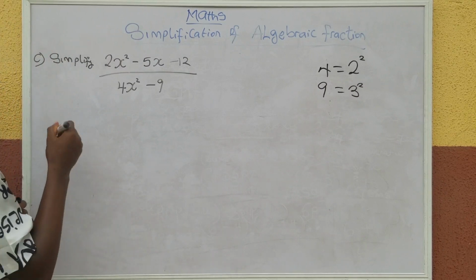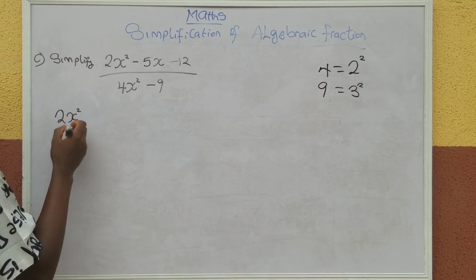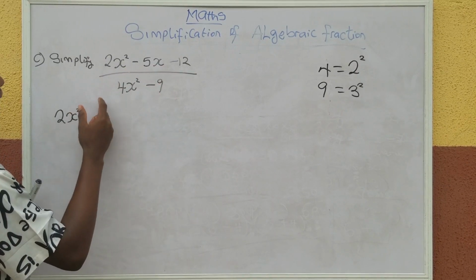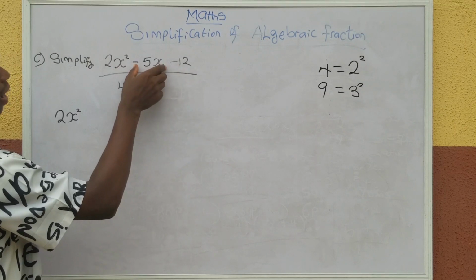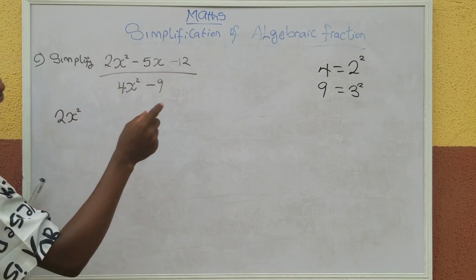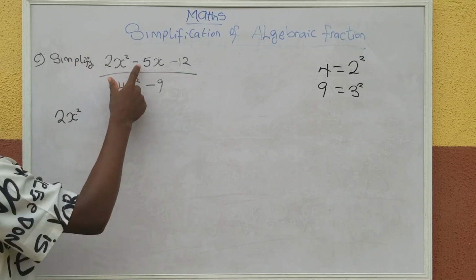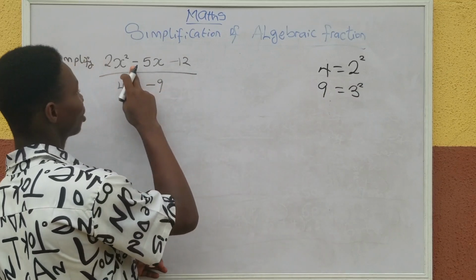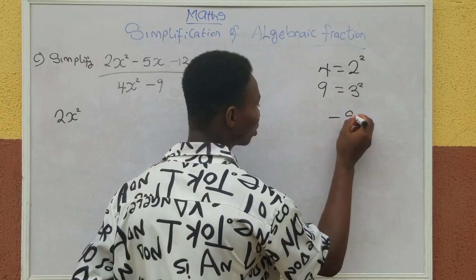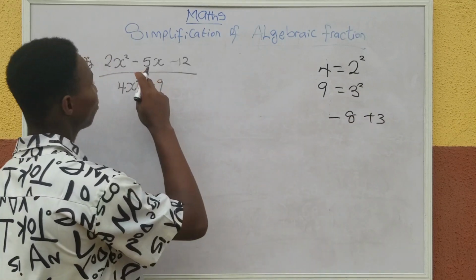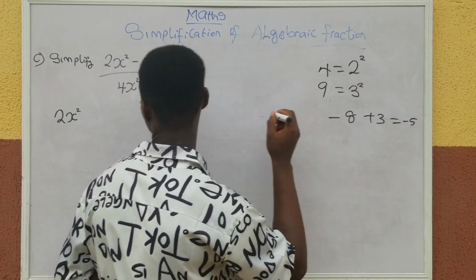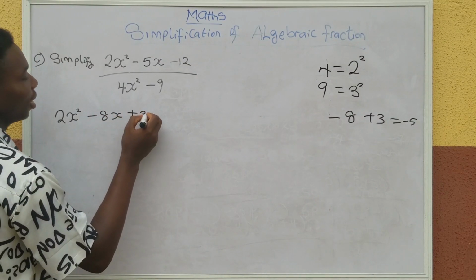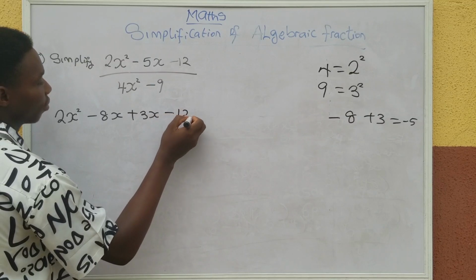So from here we can say 2x squared. We are going to look for a perfect number to replace this minus 5, and at the same time, so that whenever we are factorizing the numerator, it does not affect us. So from here we can say anytime you are having minus 5, you can replace it. Since we are having minus 5 from this question, we can replace it with minus 8 plus 3. It will still give us our answer as minus 5. So from here we can say minus 8x plus 3x minus 12 all over